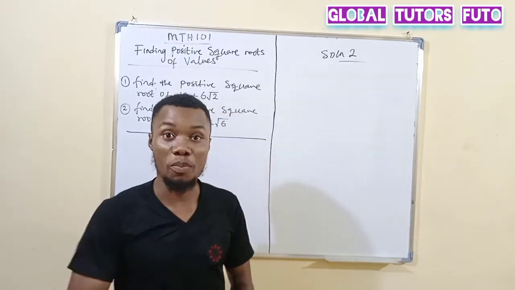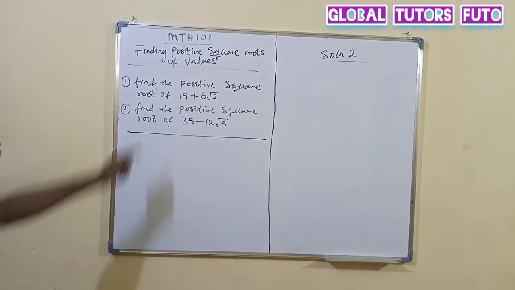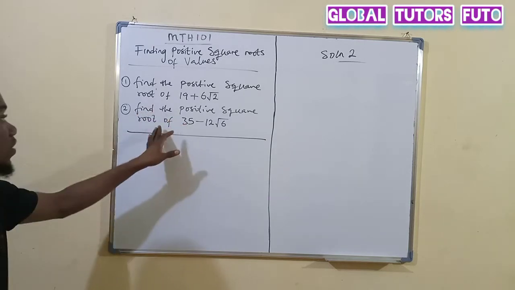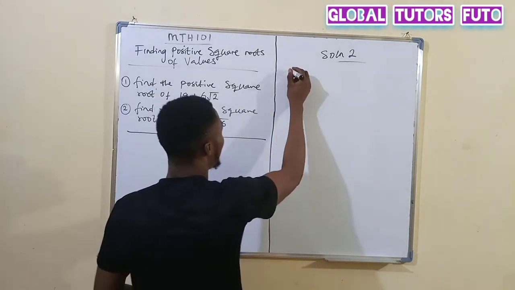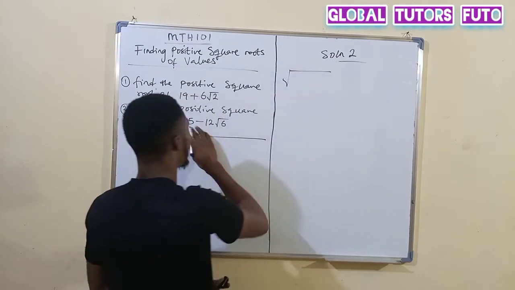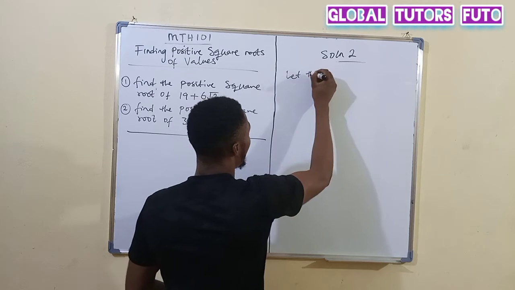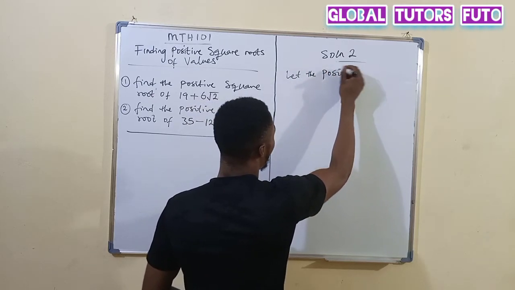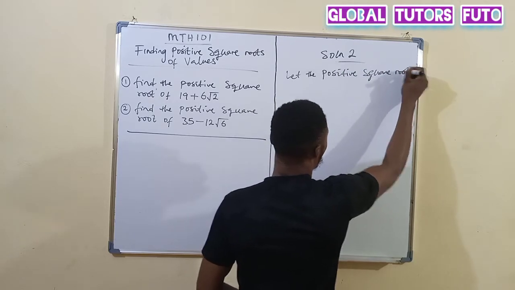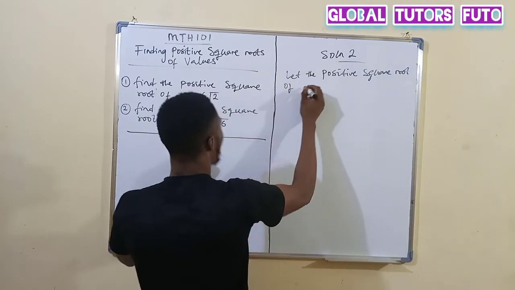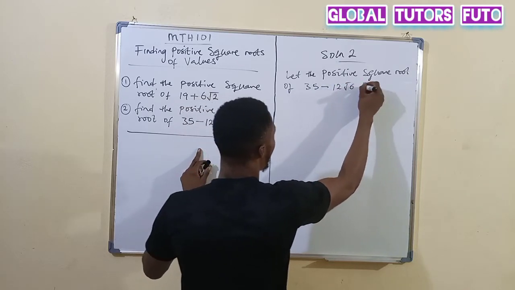So let's continue. I hope you have done the equation. I hope you have solved it. So now let's continue with the second one. Find the positive square root of 35 minus 12 root 6. Okay, find the positive square root. So let the positive square root of 35 minus 12 root 6 be